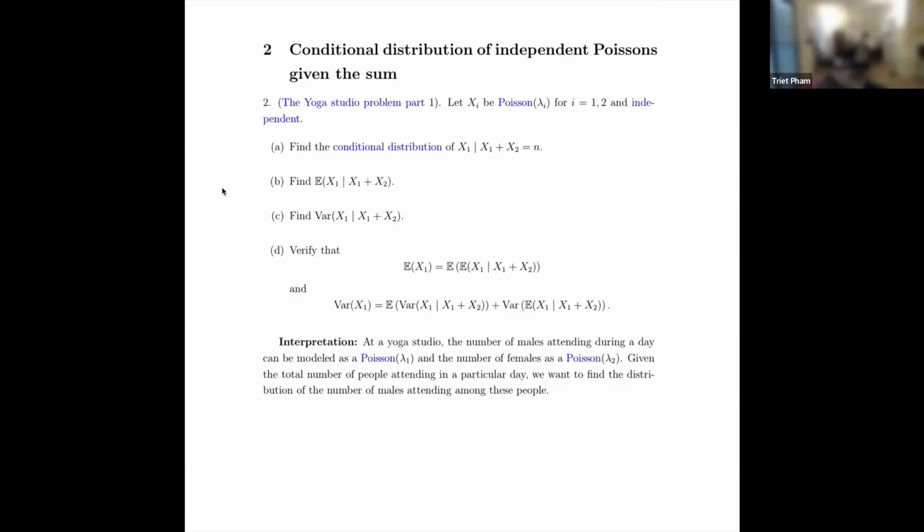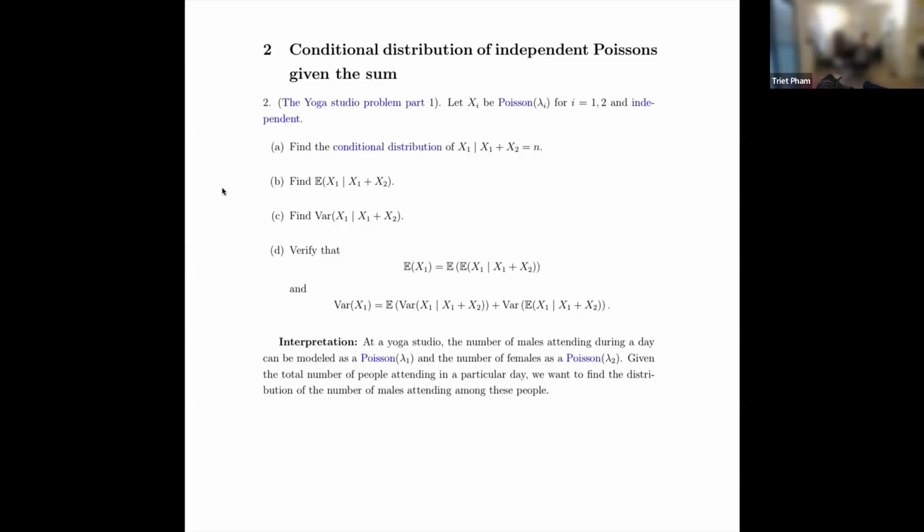The whole point is, Poisson gives you the model for the number of events that happen. Now you can go further and categorize the events, right? So for example here, the number of events is like a person visiting a yoga studio, right? That could be